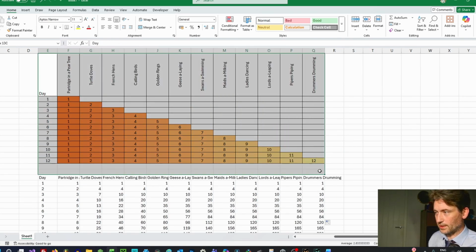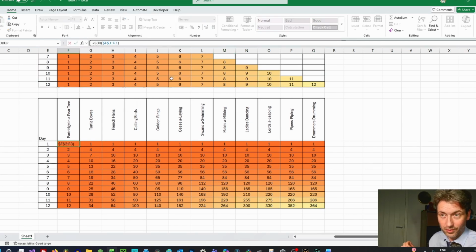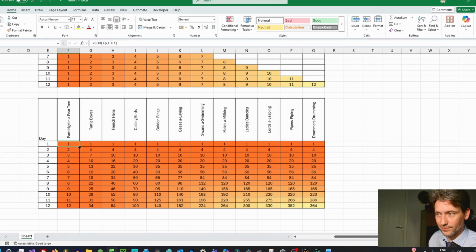If I just go ahead and copy the formatting as well. And there we go. I've made a schoolboy error. I don't want to lock the column. I just want to lock the row. So we're going to go ahead and remove the dollar from the F. And then that will give us our numbers